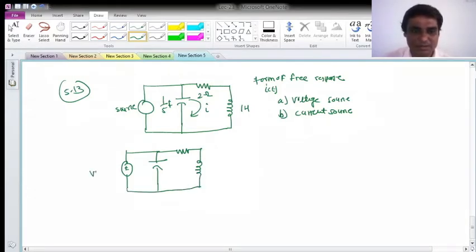Let me call the voltage source Vs of t. This is a 1/5 farad capacitor, the resistor, and the inductor is 1 Henry, and this is for current. I have to solve it. So if I draw the circuit like this, what I have observed is that